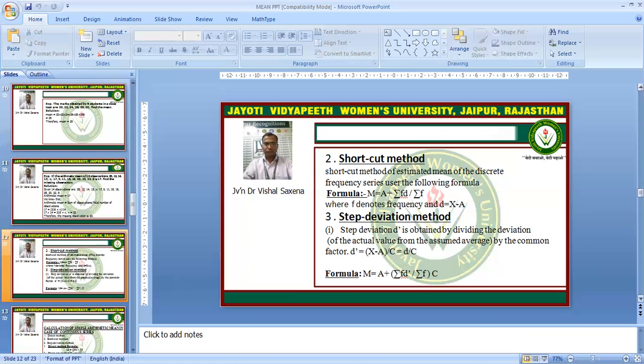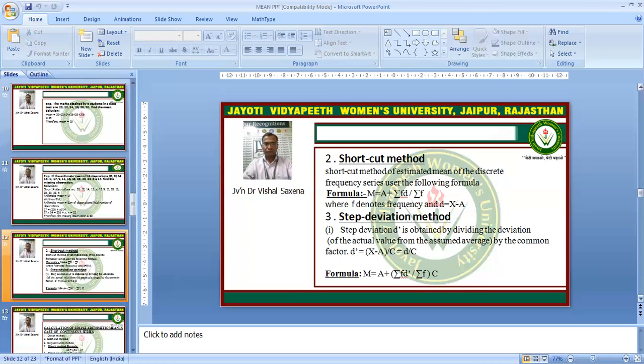D is called the deviation taken from the assumed mean, and summation f represents the sum of all the frequencies. The formula by which we can calculate the deviation is D is equal to x minus A. D is given by x minus A,